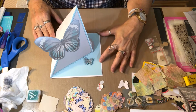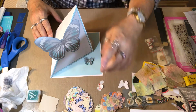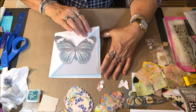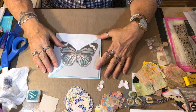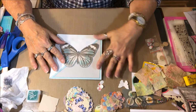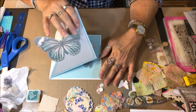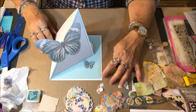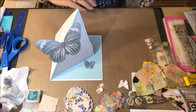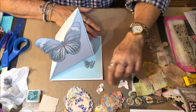So I don't know whether I want to put any more, like another couple butterflies or something on that part of it as well. I know she doesn't like a lot of crazy foo-foo stuff going on. So I don't know. I have a little while yet before Mother's Day to give it to her. So I would love it if you would give me your suggestions